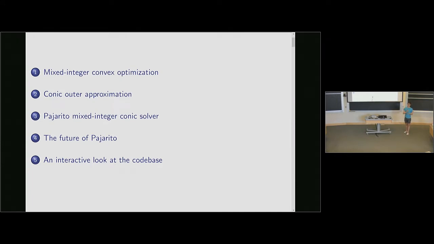So I'm going to define the problem. I'm going to give you some algorithmic background. Then I'm going to discuss the architecture of Pajarito. Then I'm going to discuss very briefly, as Miles has already mentioned, these potential changes that we're going to discuss this afternoon, and they will probably affect Pajarito quite significantly. And then if we have time, I'm going to do sort of an interactive look at some of the important parts of the code. And you guys should ask me questions, interrupt me, etc., especially at that point. I'm going to move quickly through the algorithmic stuff.